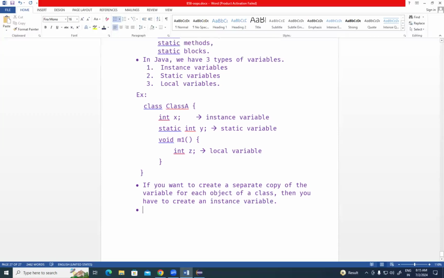Tell me, when do you get a static variable then? If you want to create a shared copy of a variable for all objects of a class. Am I right or not? Yes. If you want to create a shared copy, how many times is memory allocated? Once. Then only we can call it sharing, na? Very good. If you want to create a shared copy of a variable for all objects of a class,